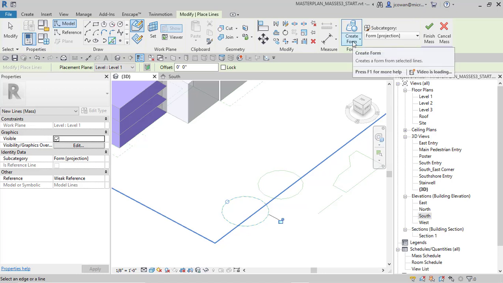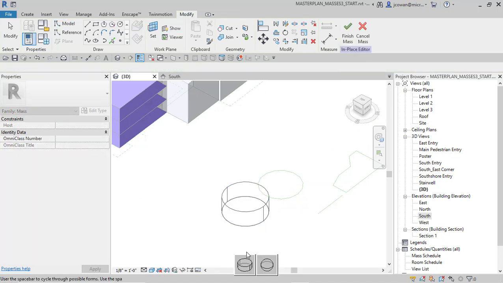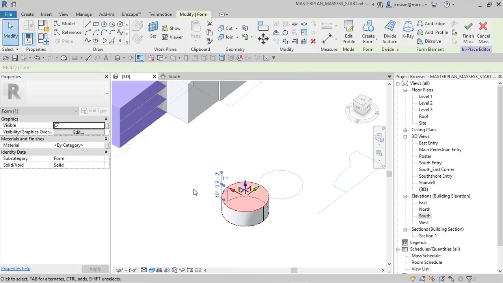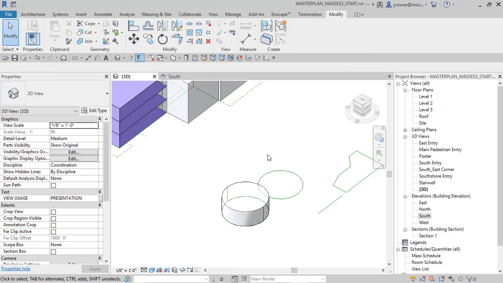So when you say let's create a solid form, if there's some doubt about what you're creating, it'll offer you the two choices. Do you want a sphere from the circle, or do you want a cylinder? So I can say cylinder and OK and get out. The other option would have been if I had said